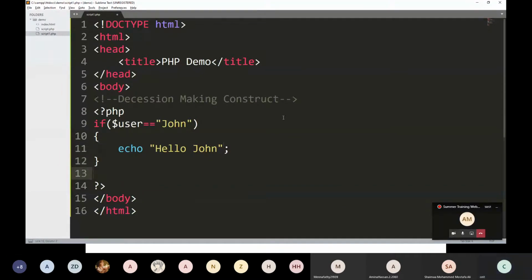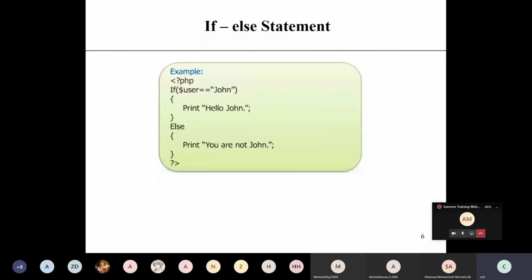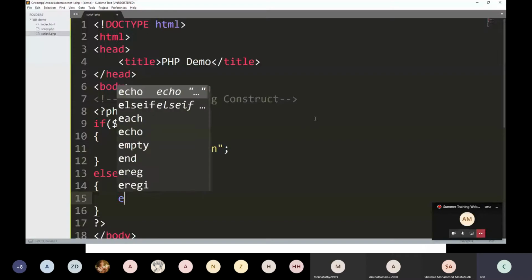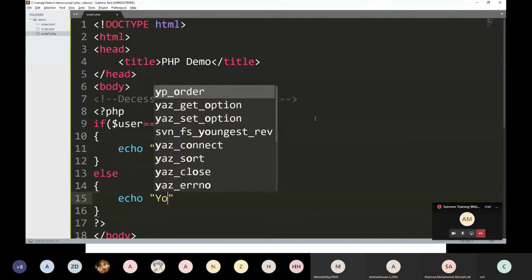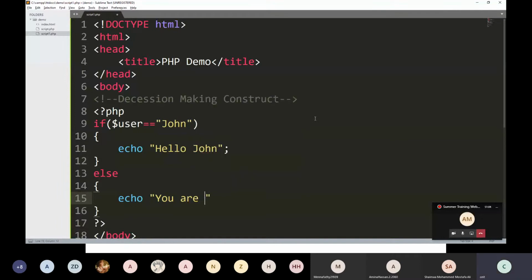Then else, you can print that you are not John, or anything else.